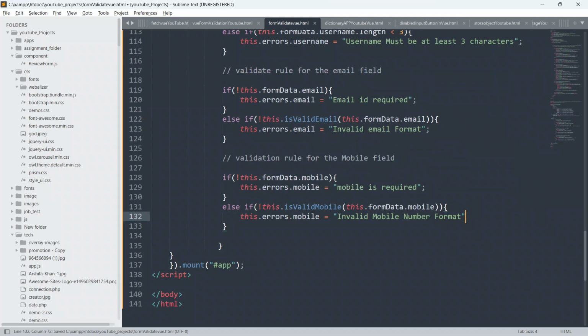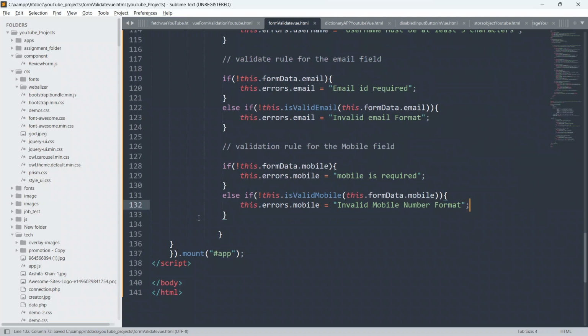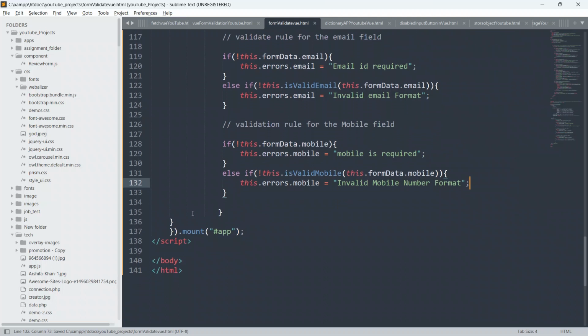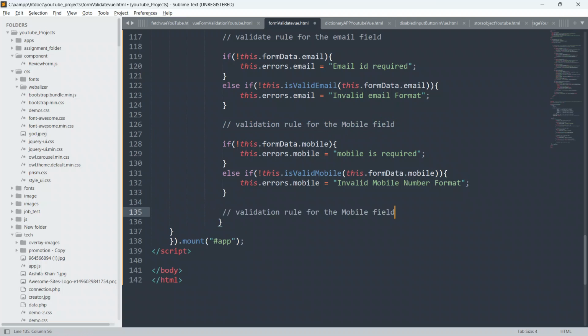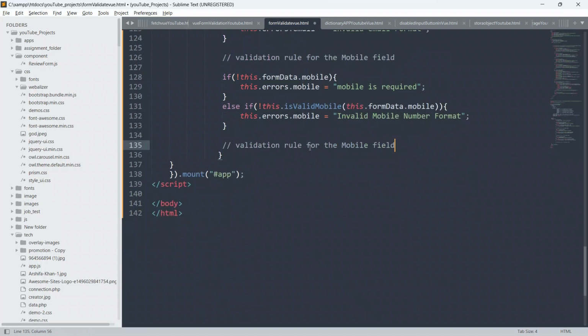Okay, so just semicolon, and now we will say for the password. Just copy this comment from here, go down and paste it here, and we will write the rule also for the password field.